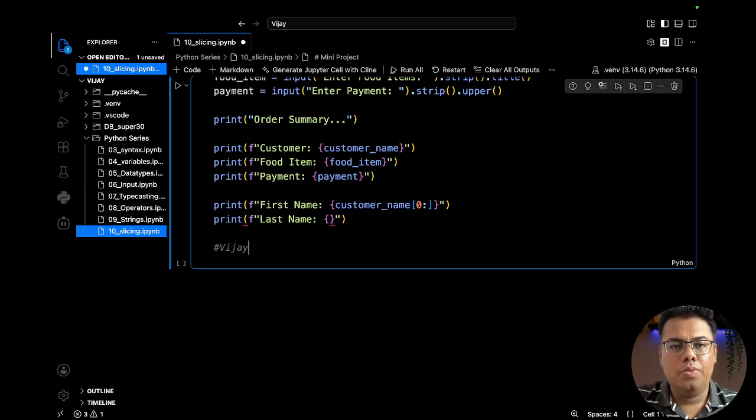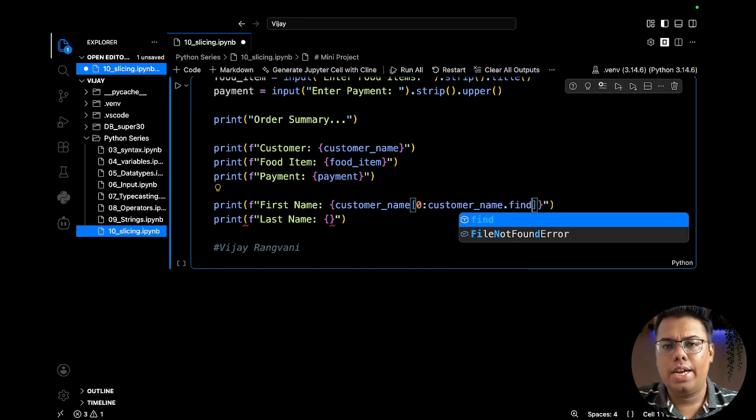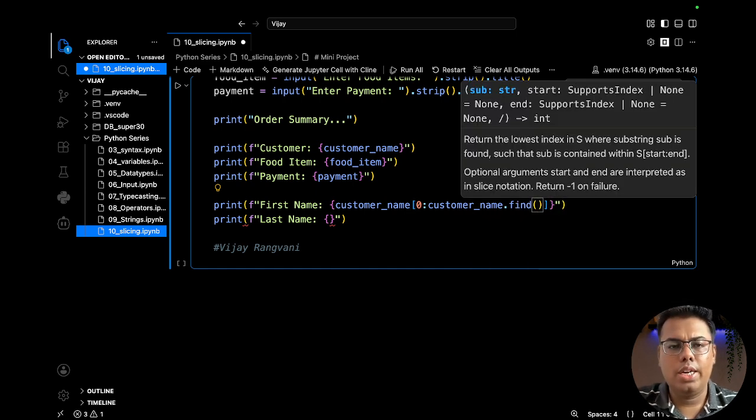Let's say I given Vijay Rangvani. So we need to find the index of this position. So obviously when we give the end index as this space index, it will print just till the Vijay. Okay. So let's give it as customer name dot find, and what we want to find,